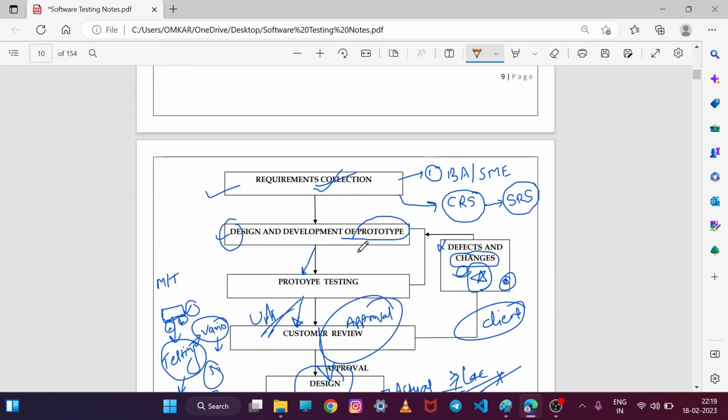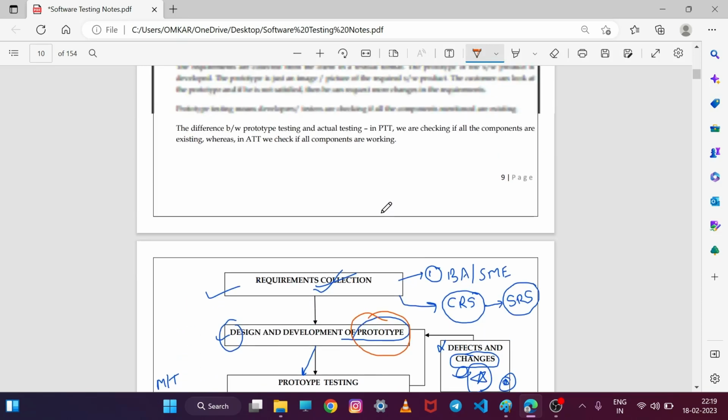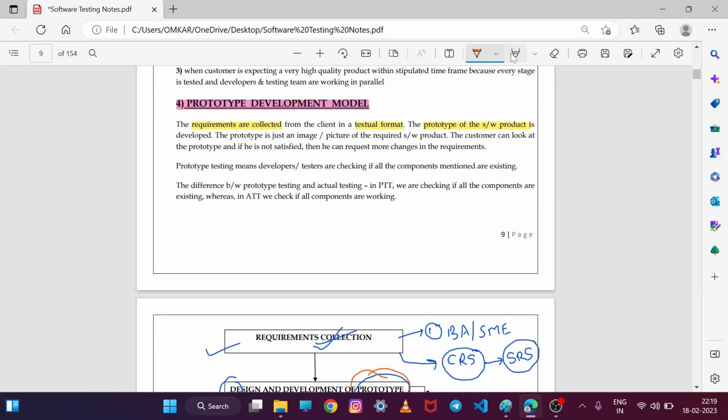But what is the main thing here is the prototype. In prototype, before actually designing the product, we develop a prototype of the software product which looks like the actual product, but it is not the actual product. It is a dummy software, it is a dummy product. Okay, so this is only tells here. So the prototype is just an image or the picture of the required software product. The customer can look at the prototype, and if he is satisfied, then he can request more changes in the